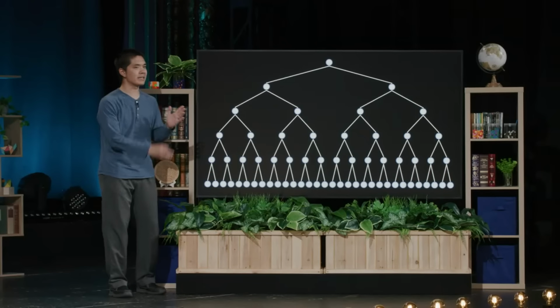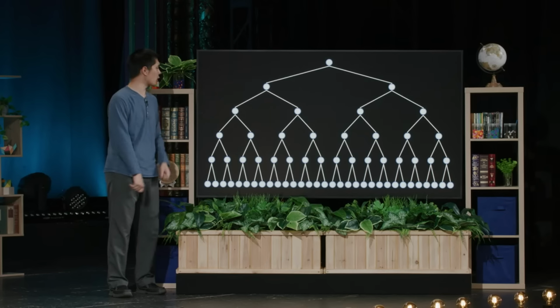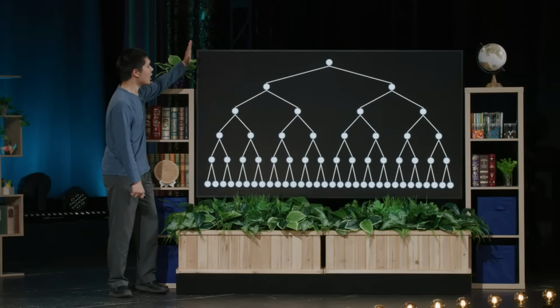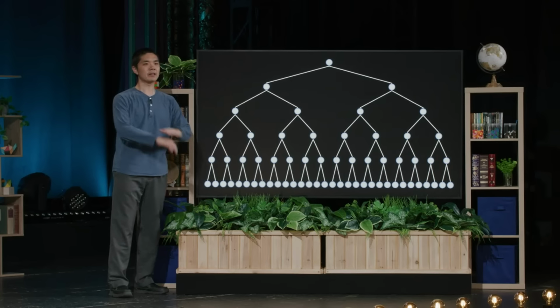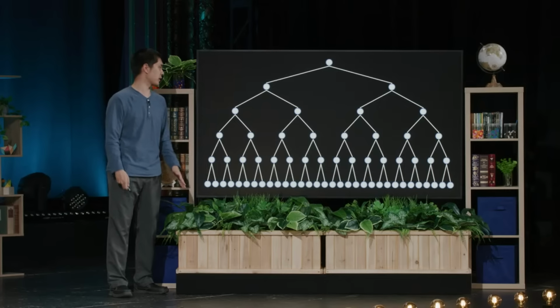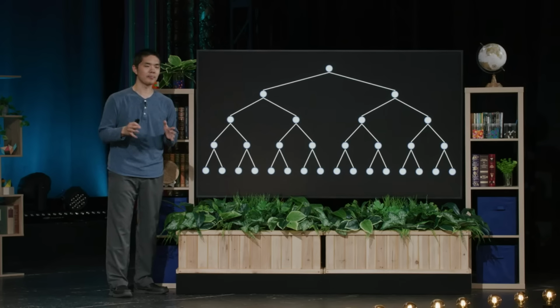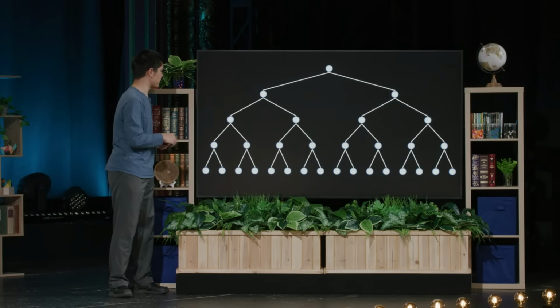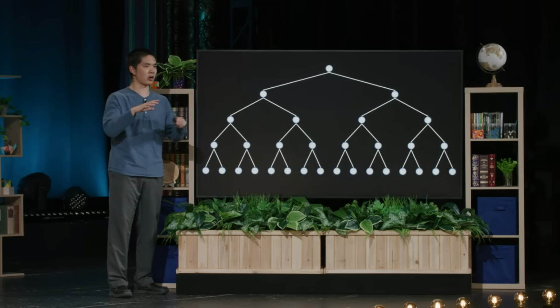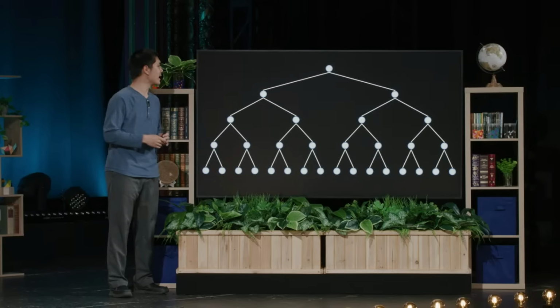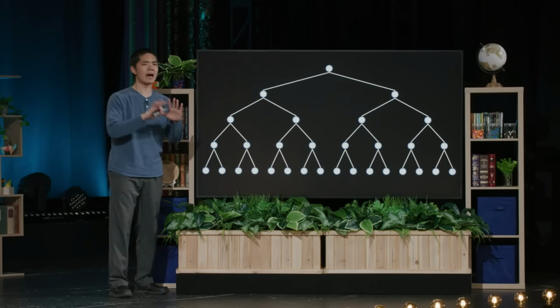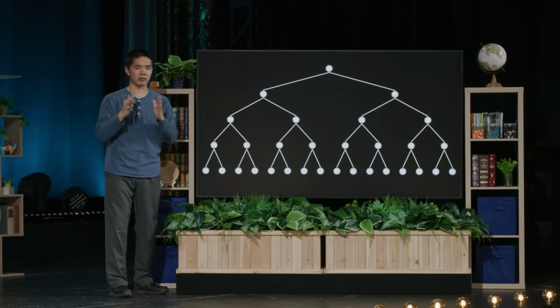And what we might do in a depth-limited minimax is to say, you know what? Let's not consider all the way until the end of the game. At some point, let me just cut the search off. Say, we're going to look 4 moves ahead, but we're not going to look ahead anymore. And as a result of that, I don't need to consider all of the possible ways the game can go. I can just look ahead a few moves and then stop there to keep the possibilities a little bit more limited.